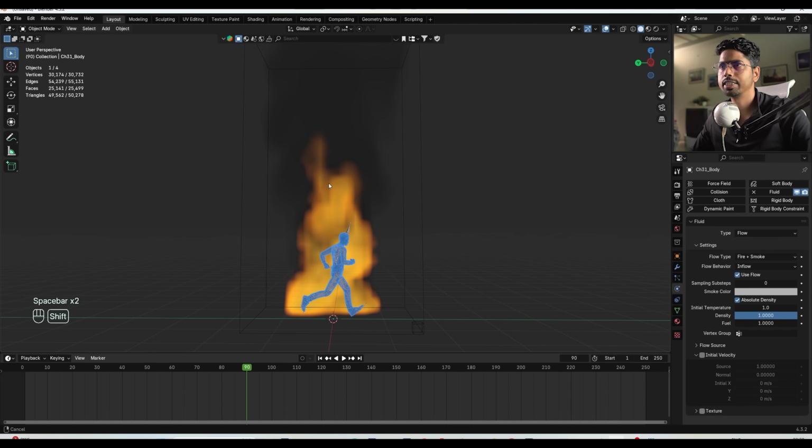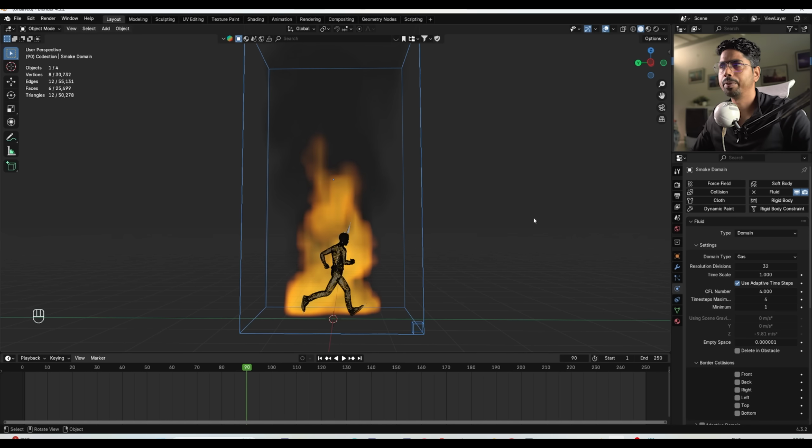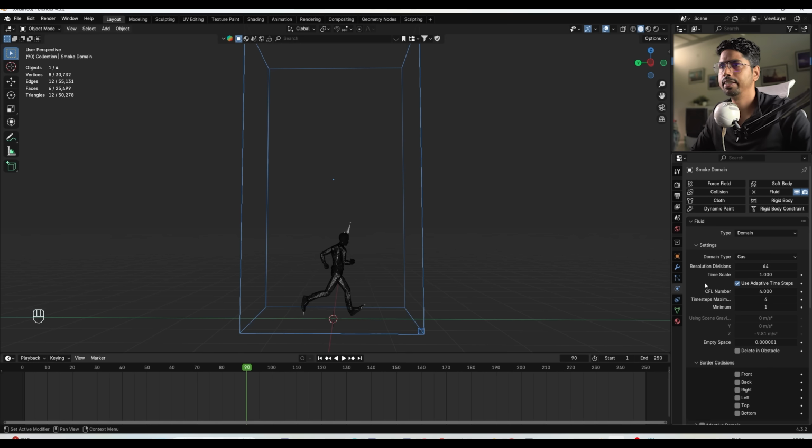To control the simulation resolution, the quality, I will select the domain, and here is Resolution. This is actually the quality of our fire and smoke. If you increase this, it will increase the quality of our simulation, but it will cost a lot of speed. Here if I change this to 64, let me go to the first frame, you can see